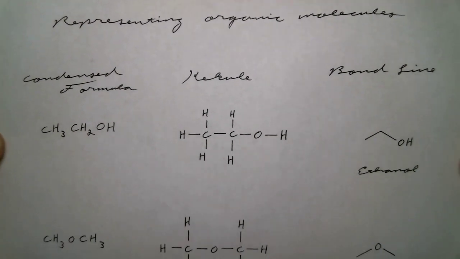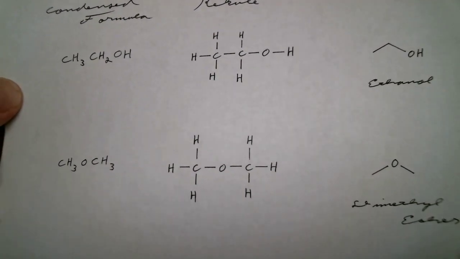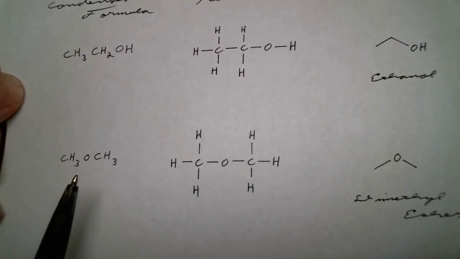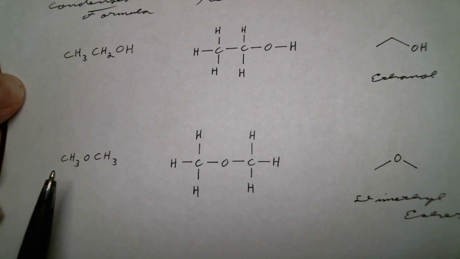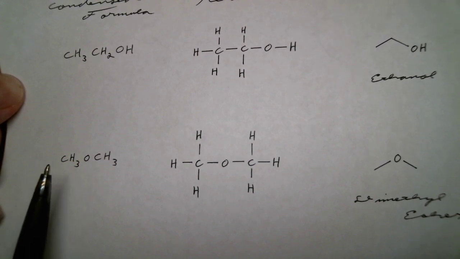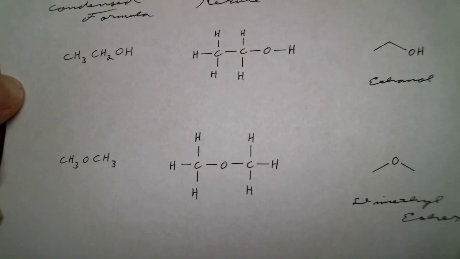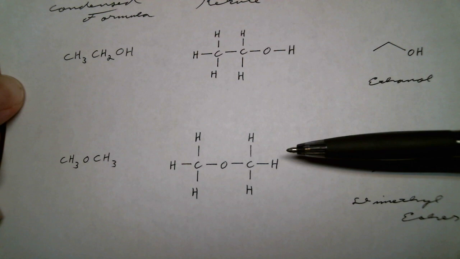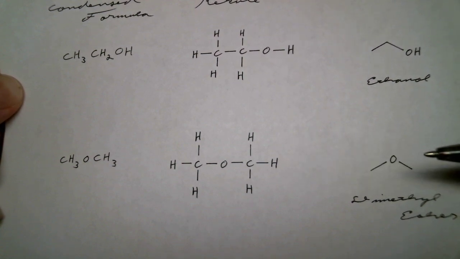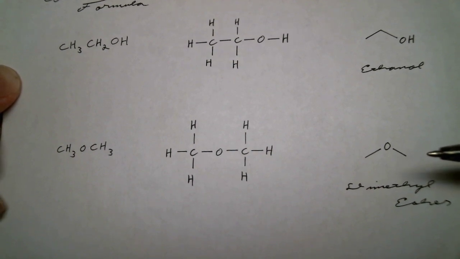structures. So another example would be dimethyl ether. So here we have CH3OCH3. Sometimes you might see condensed formulas where the hydrogens are written to the left of the carbon, so H3C, O, CH3. That's perfectly valid as well. The Kekulé structure has everything drawn out explicitly, and then the bond line structure is perhaps the easiest representation for